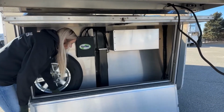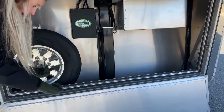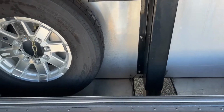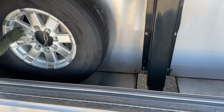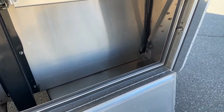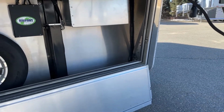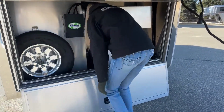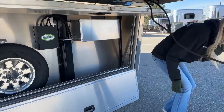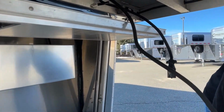And then this does have a floor down here inside of this enclosure, so that way you don't have anything splashing up in here. Especially being your spare tire in here, it's going to keep that really clean and really nice. You can see how clean everything is in here right now. So keep your jack nice too, just prevents that salt spray from the roads getting up in there and corroding anything. And then, like I said, it does have the electric jack. So over here is a button for it. So all you've got to do is just stand here and push the button, and it's going to go up and down for you guys. Super easy,